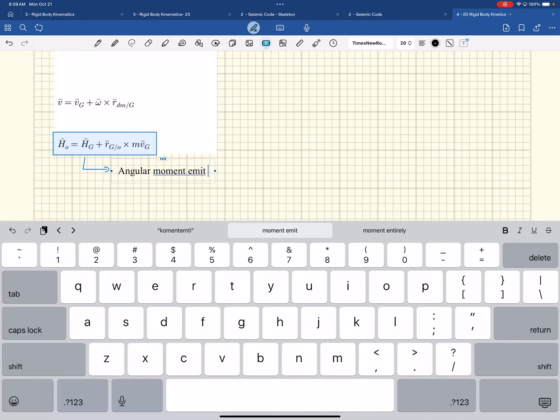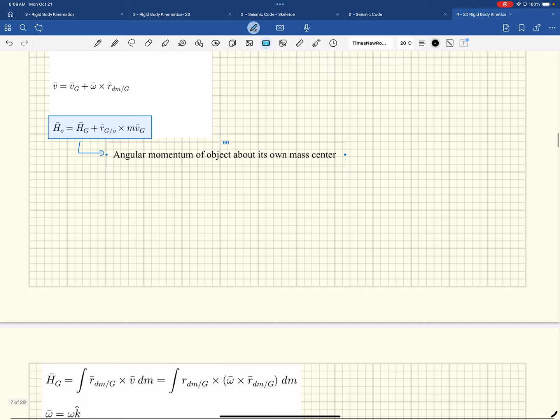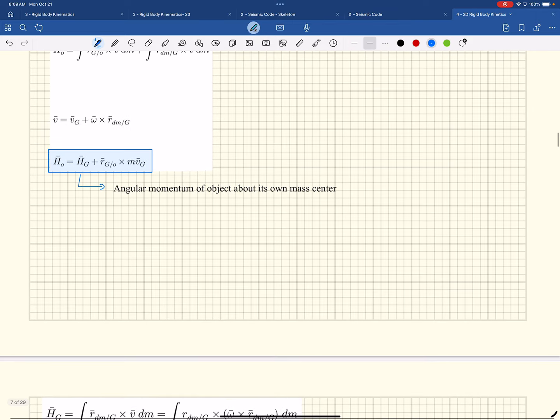Momentum of an object about its own mass center. Okay, so it kind of has two different components. That's what the Hg is, and then this part right here,